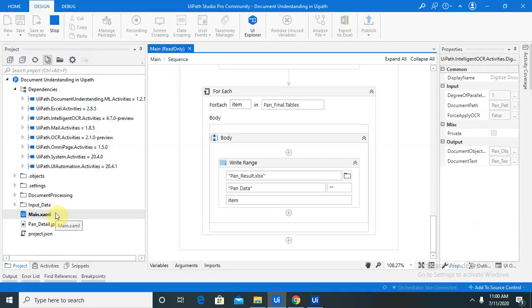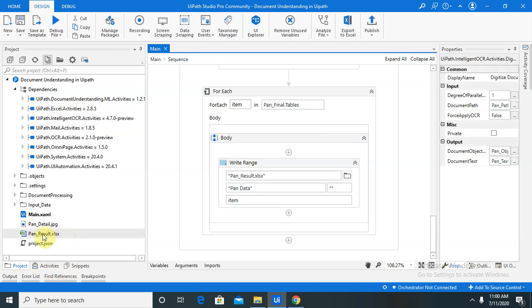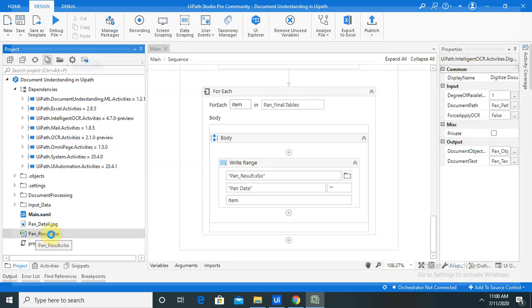So let me open this and see how our result looks. So we have extracted only name, father name and DOB. So we will get these three details. If you want to extract more detail, you can go ahead with this and those details will be populated in your Excel file. So this is all about how we have automated our document extraction data from JPG file to Excel file, which helps the organization to save their time, cost and resources. You can see here the name, father name and date is available.